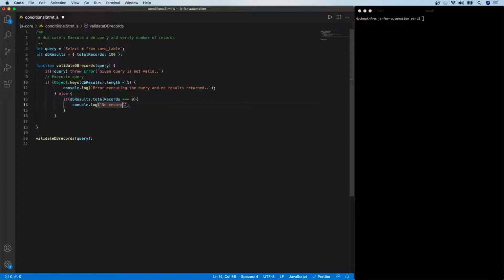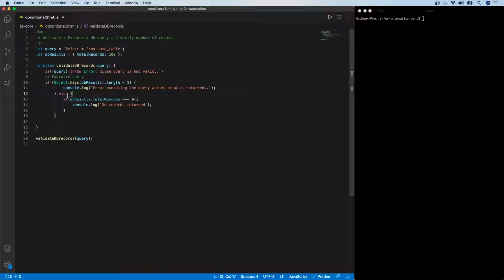no record returned. For example, just a custom message, right? So this is going to tell me that when it executed the query, a 0 record was returned. Let me close this properly. So this is console.log, and then I think I'm using the backtick and the symbol. So let me just close here, go with the constant, put it here, and then close this one. Now this is fine.